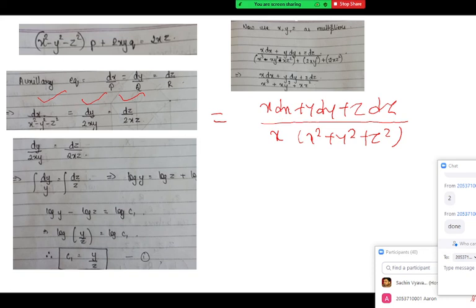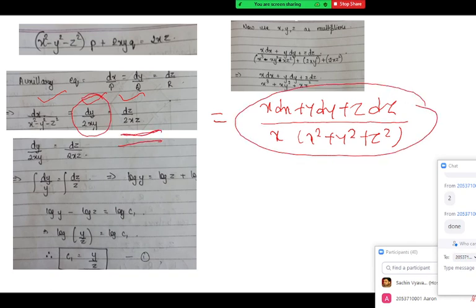By the theorem of equal ratios, when you multiply by xyz to the numerator, the same xyz should be multiplied in the denominator, and whatever process you are doing in the numerator, like adding in the numerator, you should add in the denominator also. Now you just have to take this ratio with this ratio, or this ratio with this ratio, and you get one more solution. Because of that, I'm saying there are multiple solutions and you have to write at least 2 solutions.